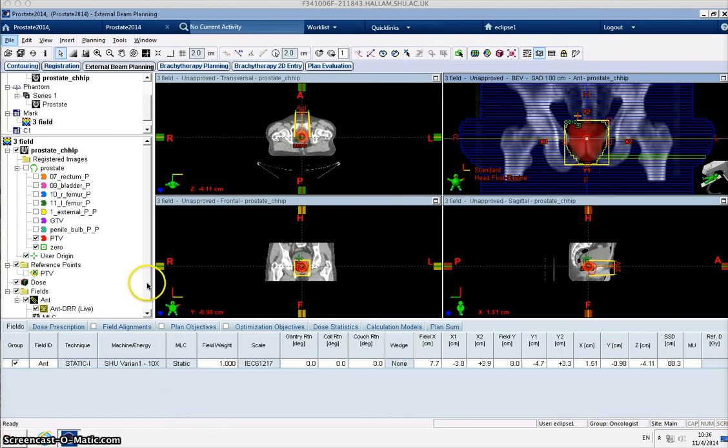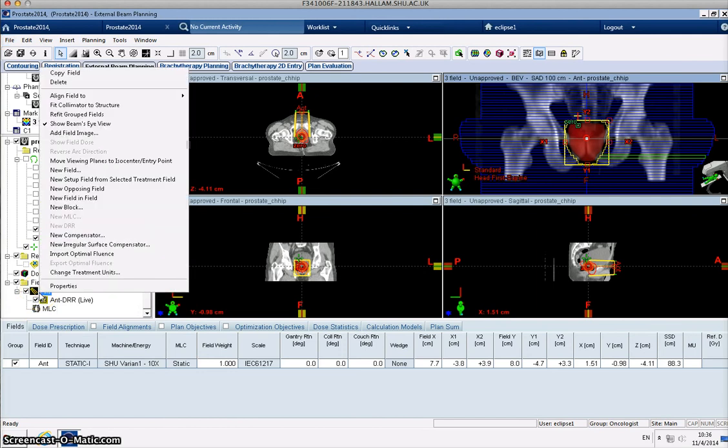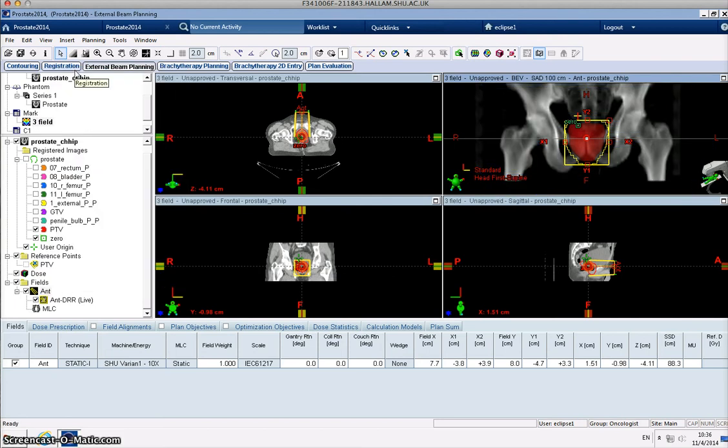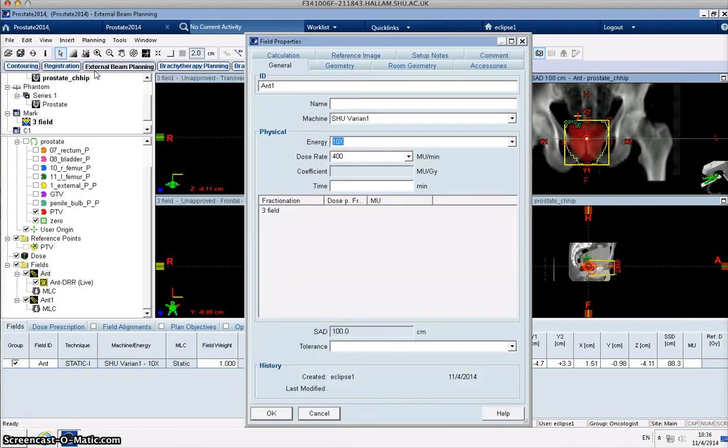So I'm going to use a 3-field plan. I'm going to start off by going down to my field here, and I'm going to right click on my anterior field. And as you can do with other Windows software, we can copy and paste. So we're going to copy the field at the top here, and then I'm going to right click again, and paste field with images. So that creates a new field. So this one is going to be my left field,